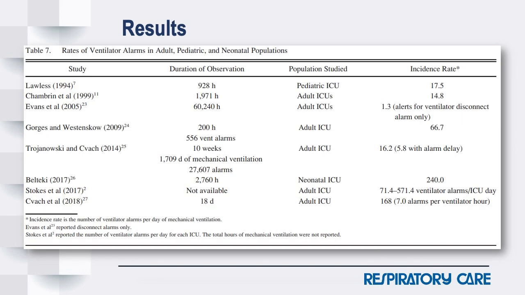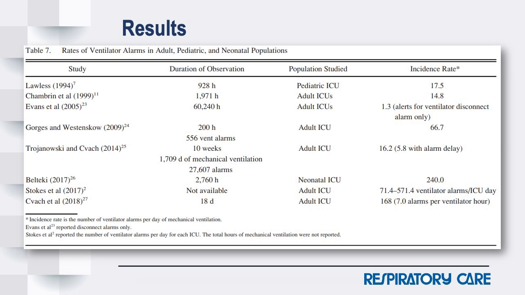And now the last table that's listed in the results section, and this is some other published results. If you recall, the prevalence in this study is in the 20, 22, and 24 range. If you look at the top study here on the right-hand column, a previous pediatric ICU study showed 17.5 was the incidence rate of alarms per patient per day for ventilator patients. So this study is showing a little higher than previous pediatric ICU data.